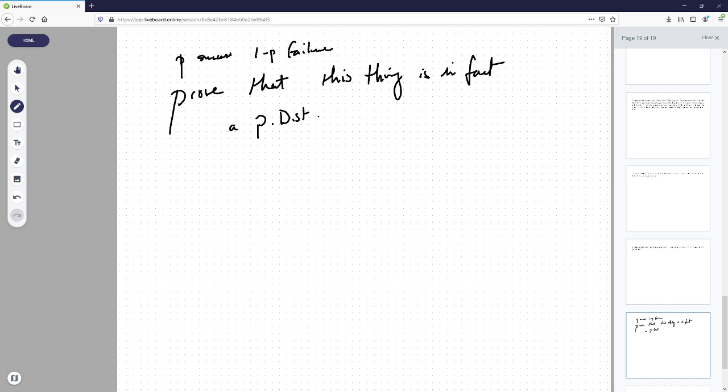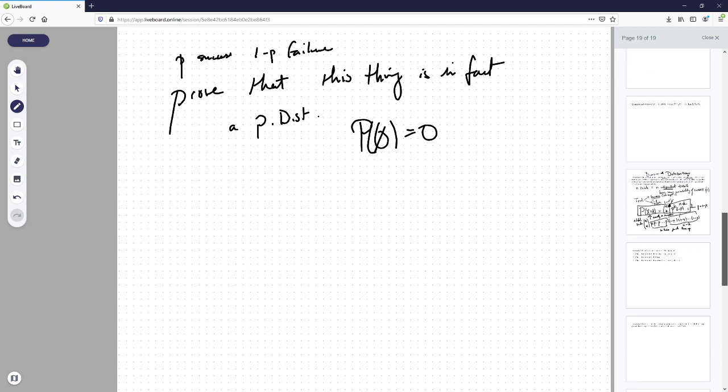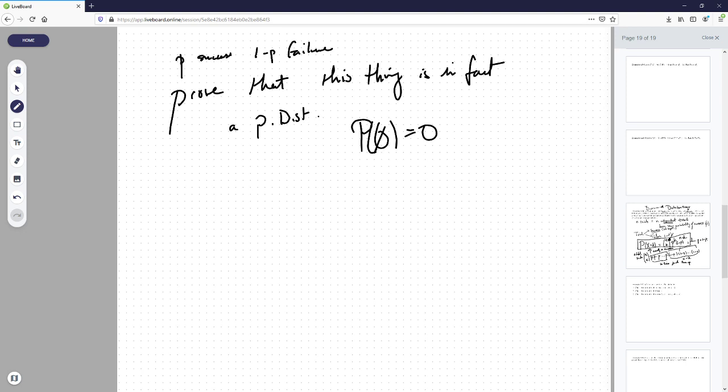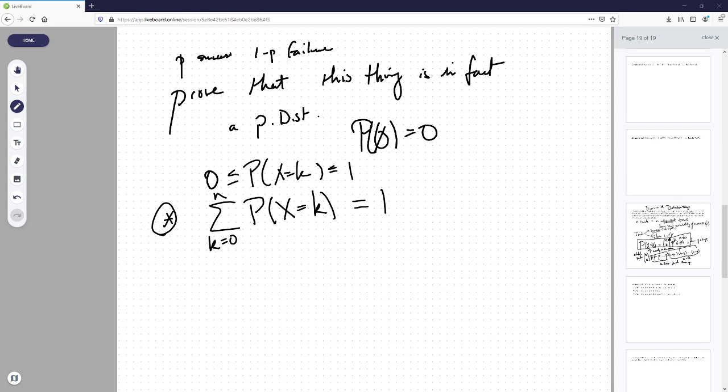Well, most of the axioms for a probability distribution are going to be satisfied. Like the probability of the null set, we can just assign that to be 0. There's no problem with that. The union axiom is going to be okay because we're dealing with the probability of individual events. The real thing that we have to verify, the important thing,